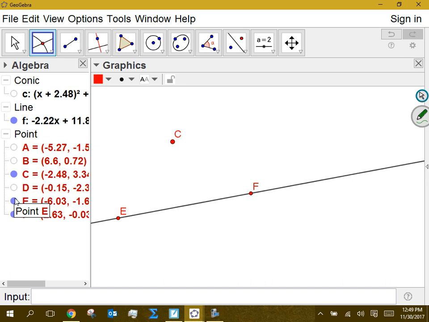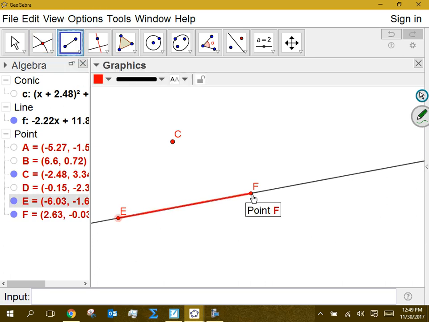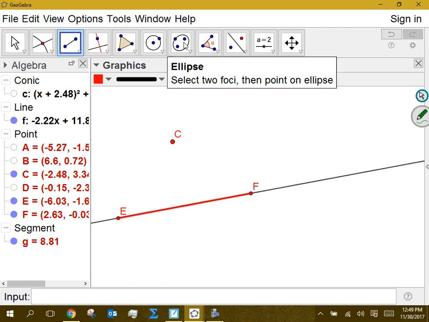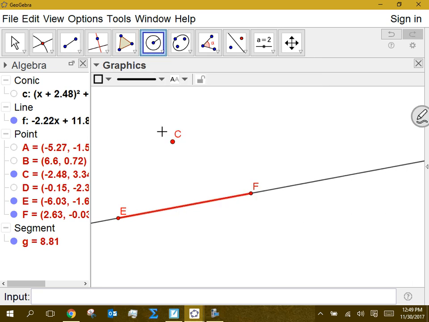So what we're getting at here is we're going to try to bisect segment EF. Find the midpoint of segment EF. Okay? So now this delineates down to the first construction we did. Focus your attention just on EF, and we will find the midpoint of it. Once I find the midpoint of it, it's also going to provide me the perpendicular bisector. Okay? So I'm going to go at E, and I'm going to create a circle. So circle with radius. Click on E,